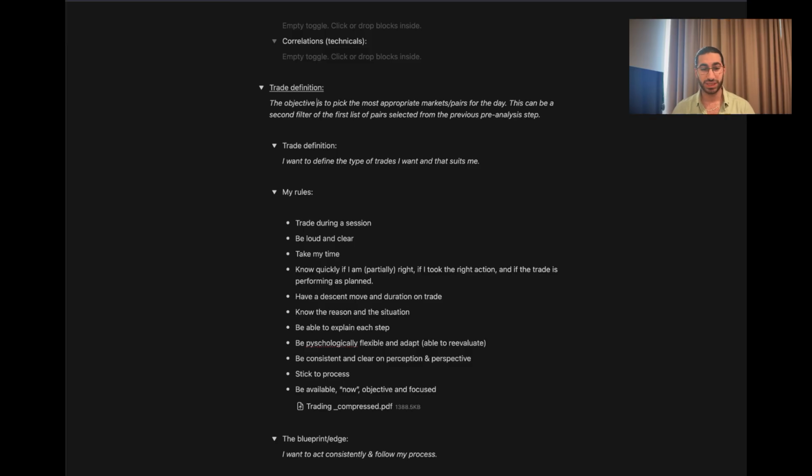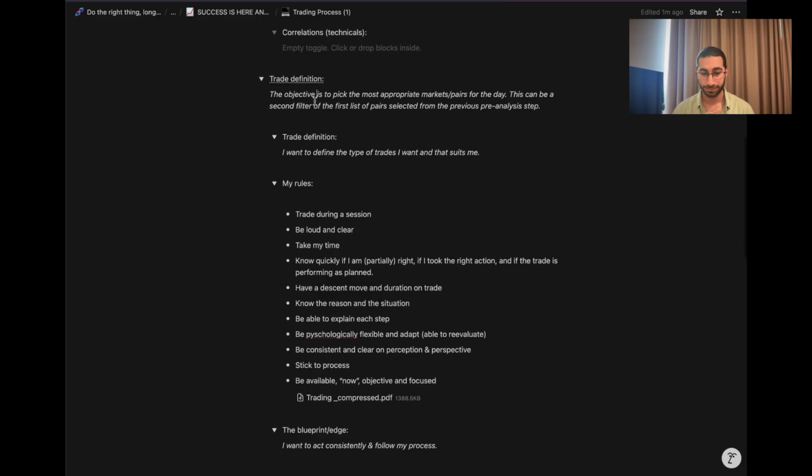And if, for example, you see CAD USD moving, you don't see other USD pairs moving, but you see all the CAD pairs moving, that is correlation. So you would basically have a conclusion that, okay, CAD is being active today. And this is where you want to be. You want to be in an active market.